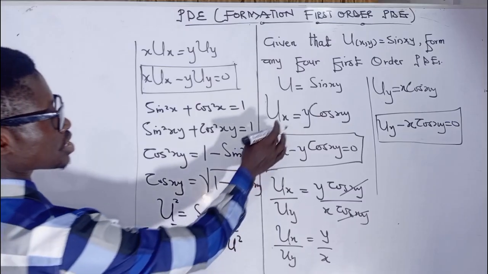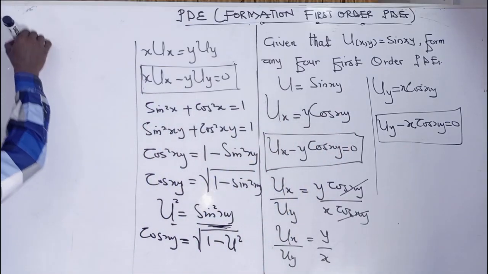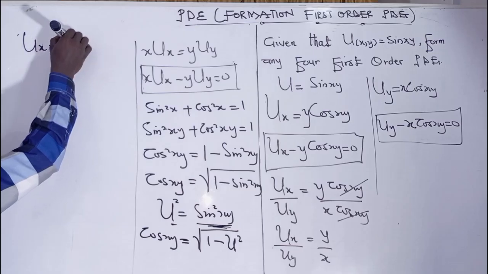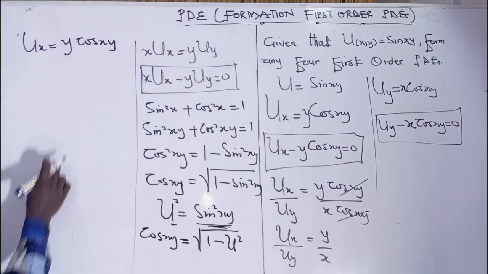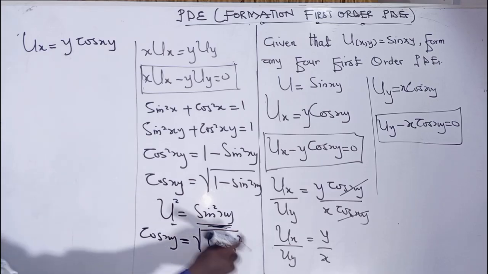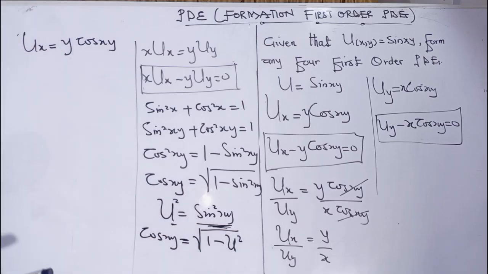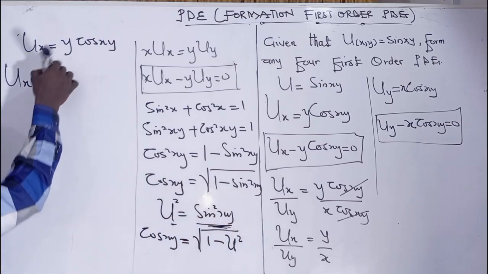So from here, we know that u_x is equal to y cos xy. Now we know that cos xy is the same as root of 1 minus u squared. So in place of that, we are going to write 1 minus u squared. So we have u_x is equal to y